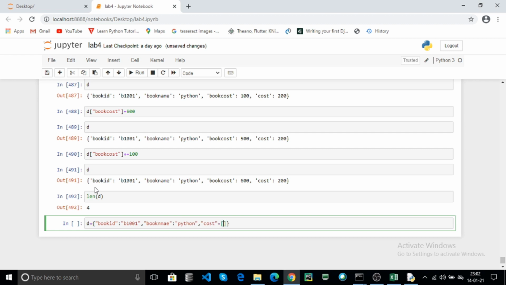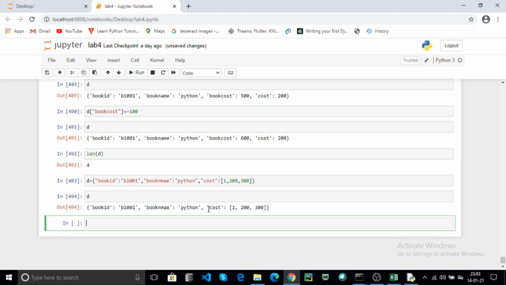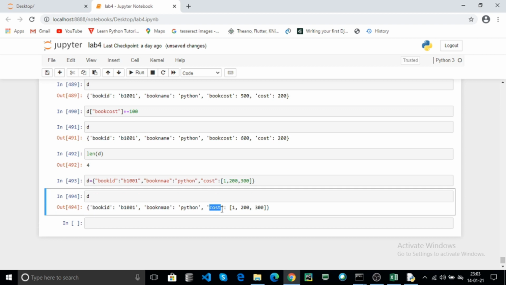Here you can also define a list, for example 1, 100, and any other data, and click on run and print your dictionary. Here the cost key contains a list as the value.